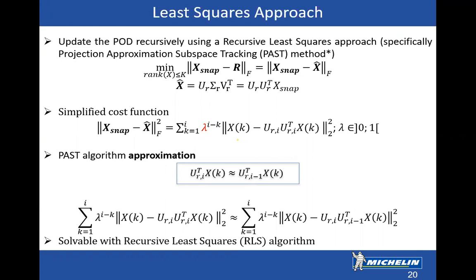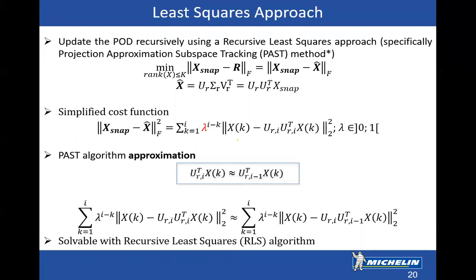Okay, let's consider that I'm at the instant i now. I have the snapshots of all the instants before. So my cost function becomes the summation over k equals 1 until the current instant i of lambda to the power i minus k, times the squared error between x_k and U_r(i) transpose x_k, where k goes from 1 to i. And lambda is a forgetting factor, set between 0 and 1. Normally, it's between 0.9 and 1. The closer to 1, the better. So that we concentrate on only the last part of the snapshots, the most important part.